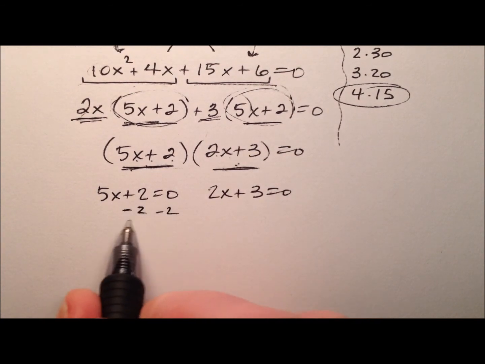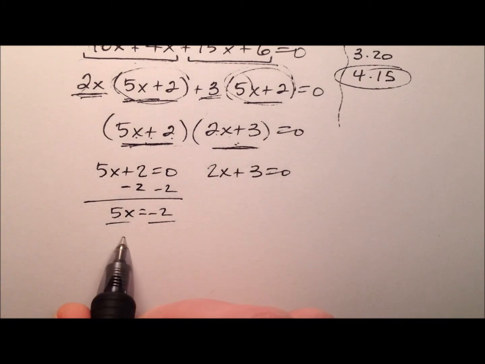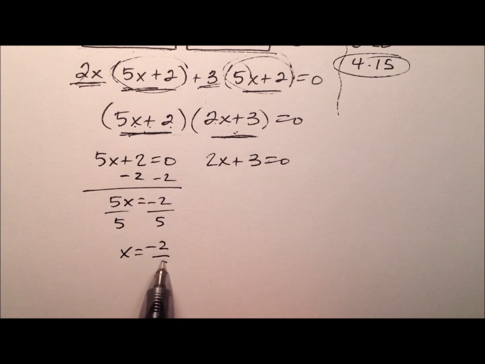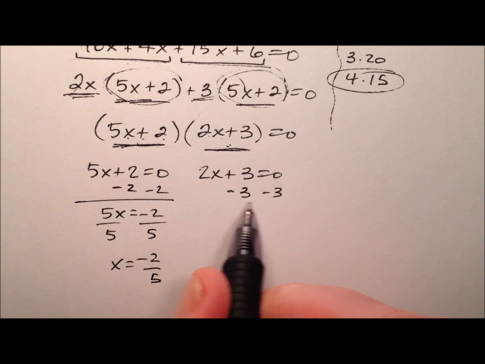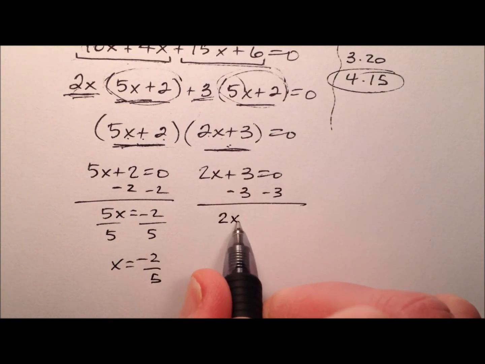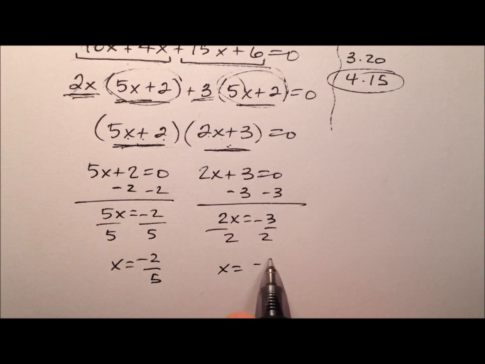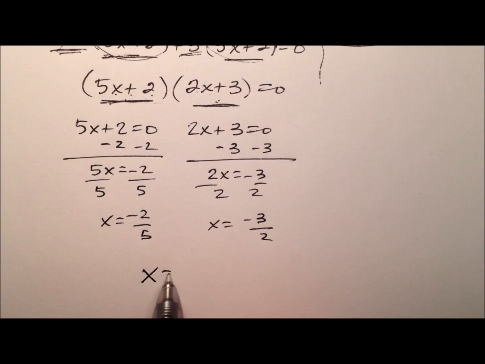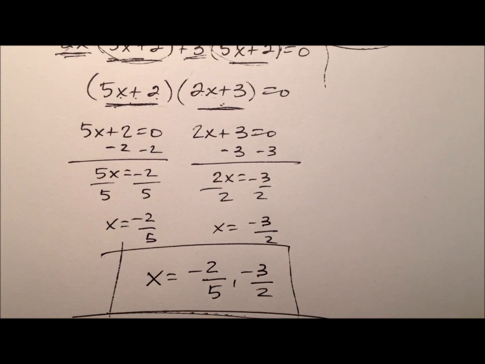And so we'll subtract 2, and we'll have 5x equals negative 2. And then, of course, we can just divide by 5. And this first value of x looks like it'll be negative 2/5. Okay, so let's do the same thing on the second equation. So 2x equals negative 3. Divide both sides by 2, so it looks like x equals negative 3/2. So what we see is that our values of x are negative 2/5 and negative 3/2. So here we are, two solutions